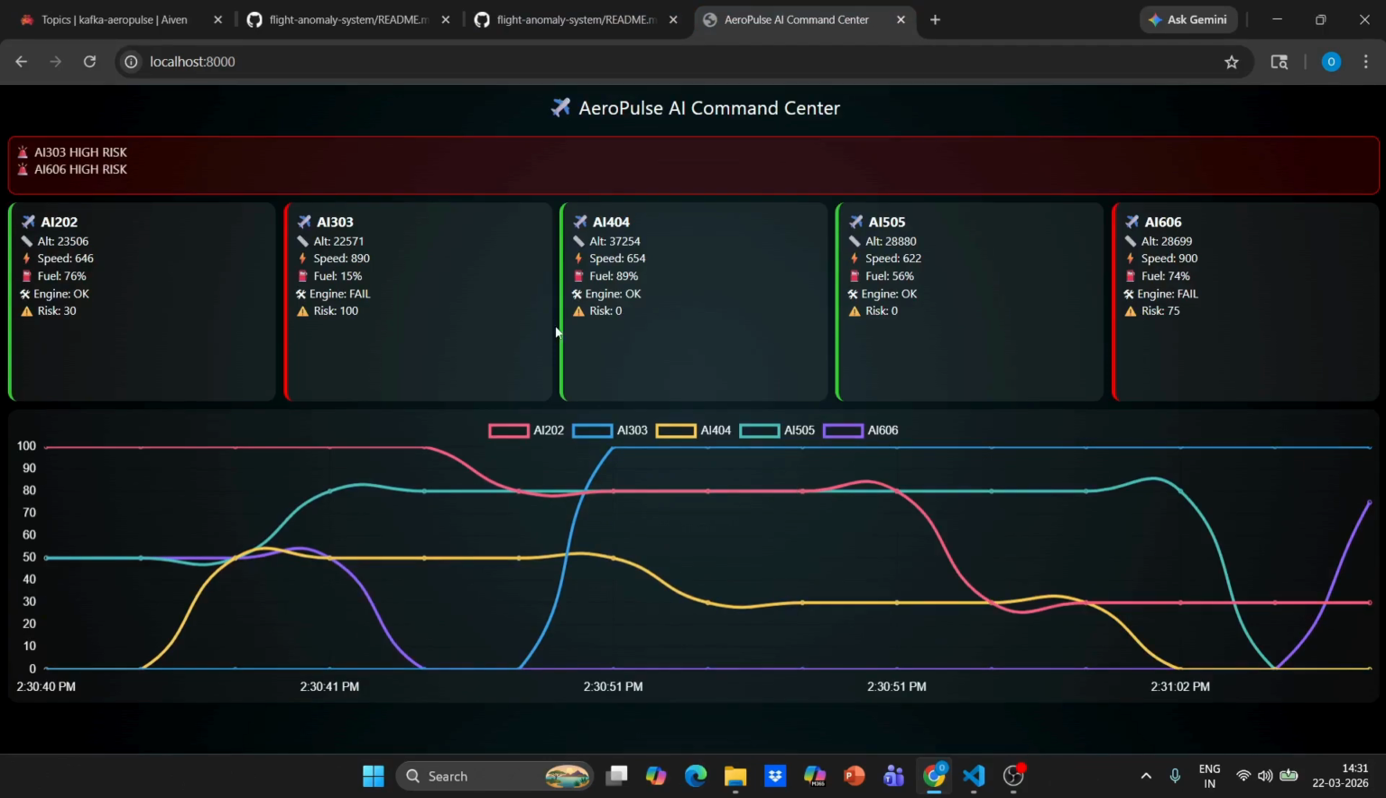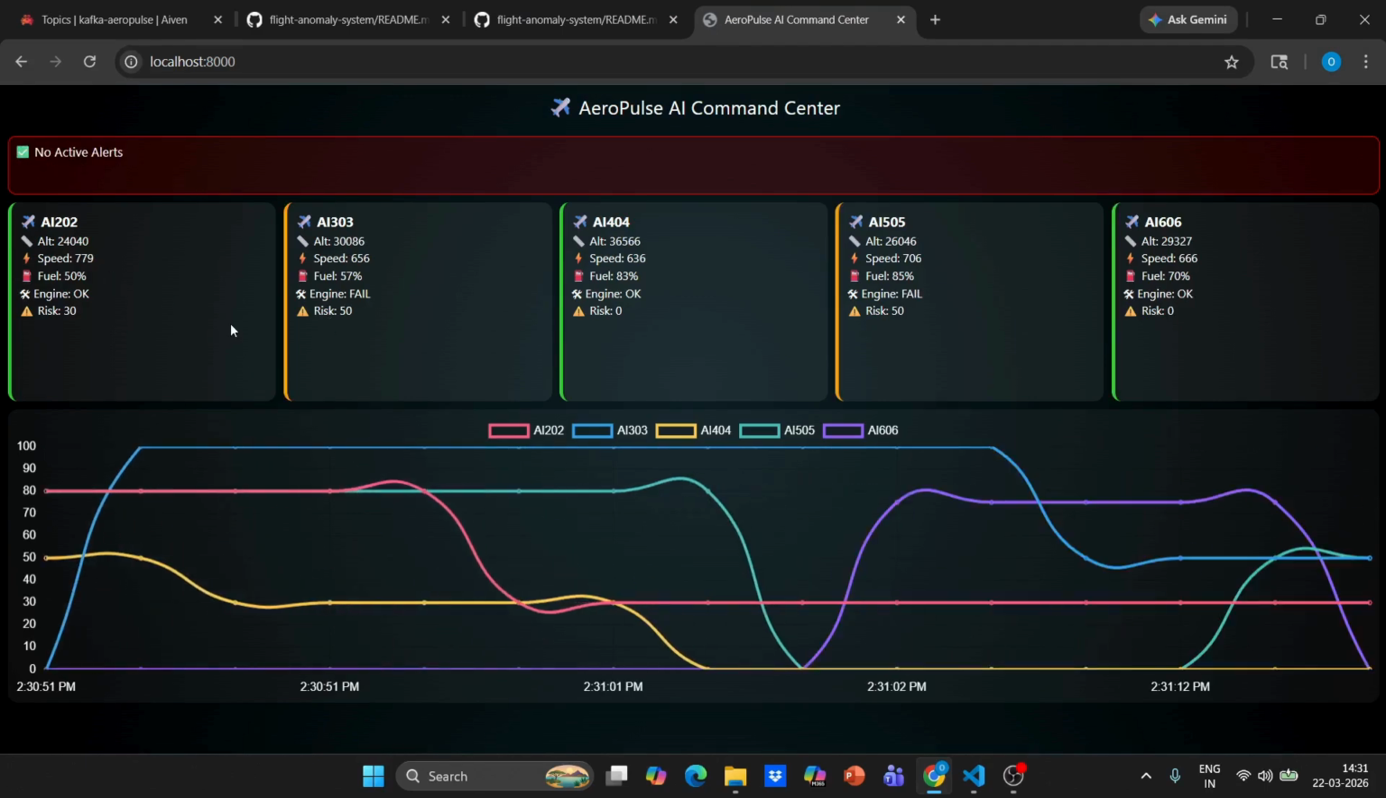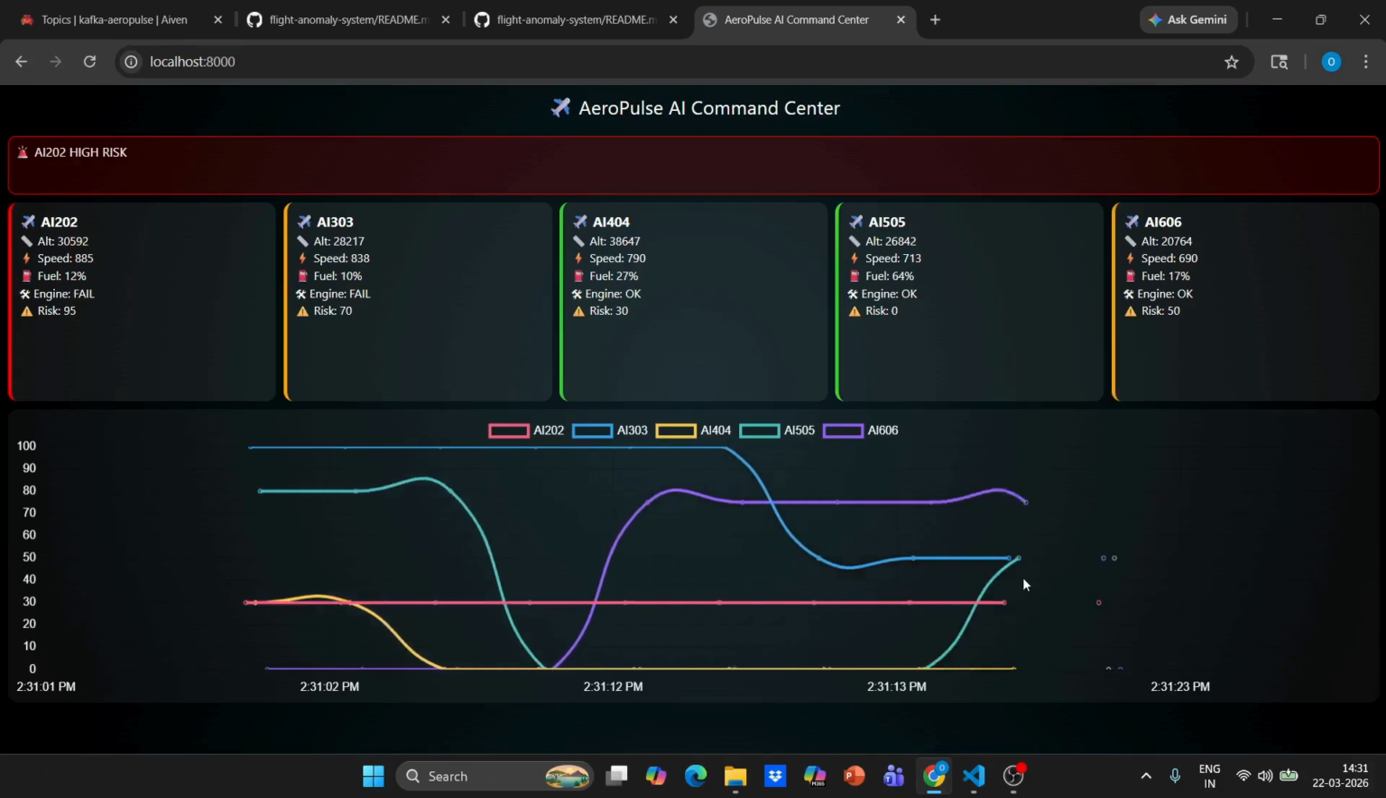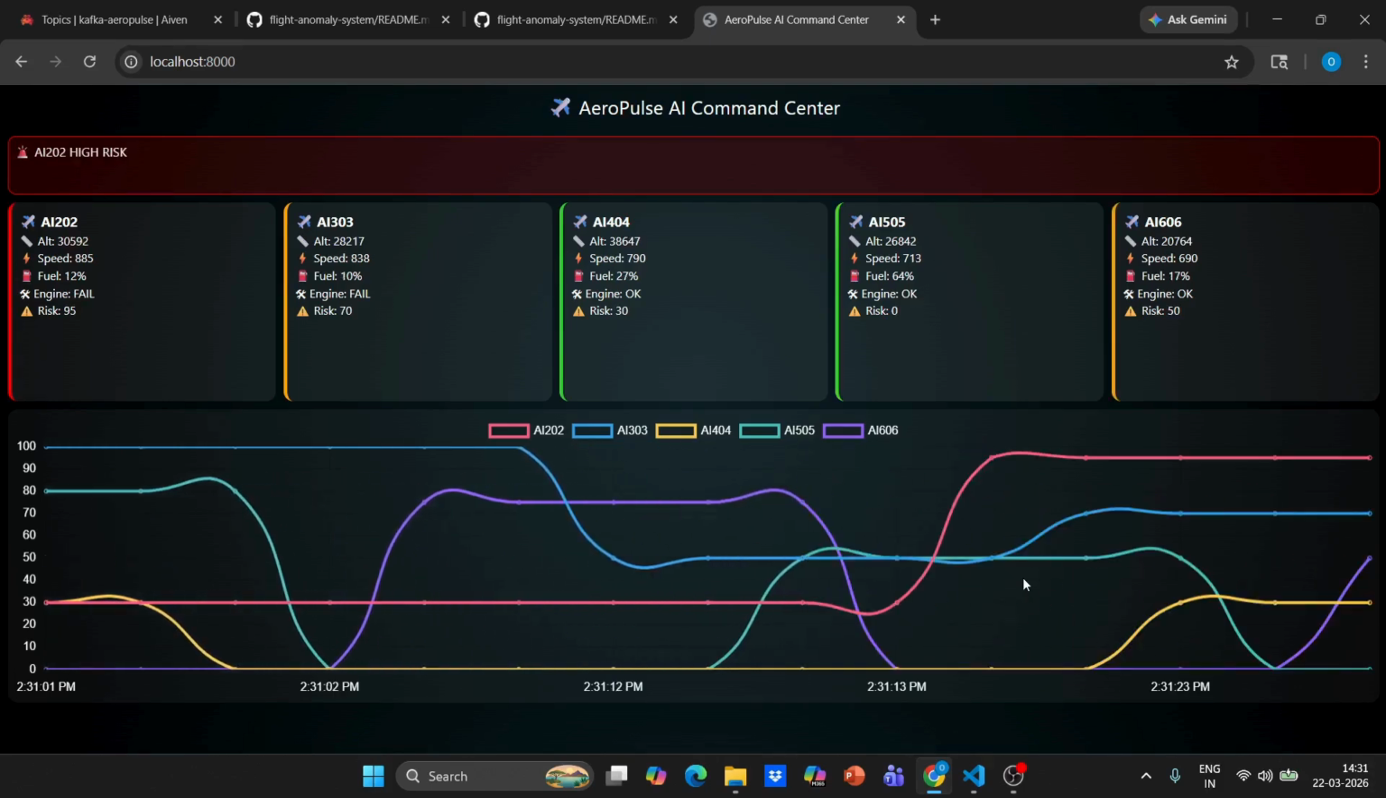Flights updating live, risk scores changing, currently no alerts. If you see like this, and also alerts appearing instantly on the top, and the graph moving continuously with the live data. So honestly, what made this more interesting was using Aiven, because setting up Kafka, let's say